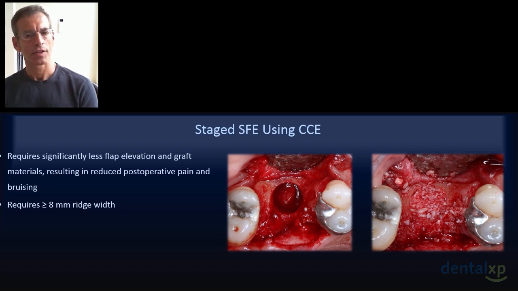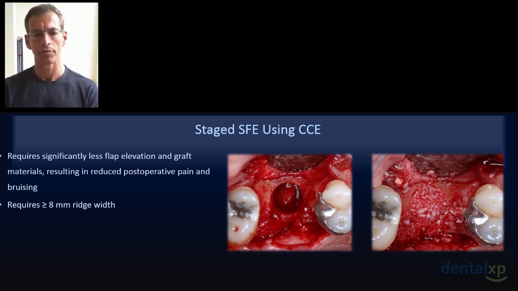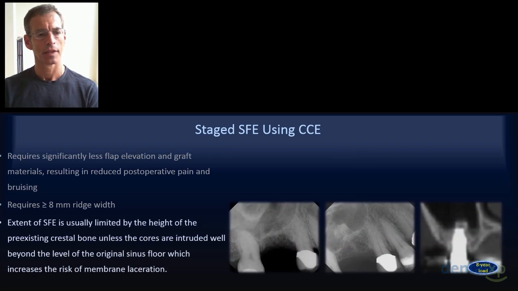So, to summarize, staged sinus floor elevation using crestal core elevation requires significantly less flap elevation and graft materials and reduces the postoperative pain and bruising. However, it requires a wide ridge if we're going to have an adequate thickness of facial and palatal bone around the trephined core. And the extent of elevation is usually limited by the height of pre-existing crestal bone, unless the cores are intruded well beyond the level of the original sinus floor, which of course increases the risk for membrane